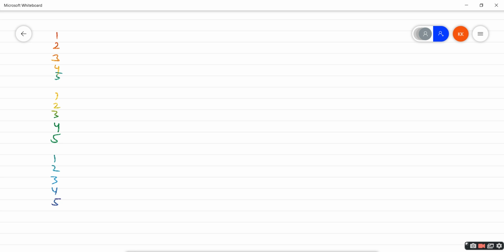What if the numbers are not sequential, like they're not the same? Like maybe 1, 2, 3, 4, 5, and the other one goes 5. Something like this one.